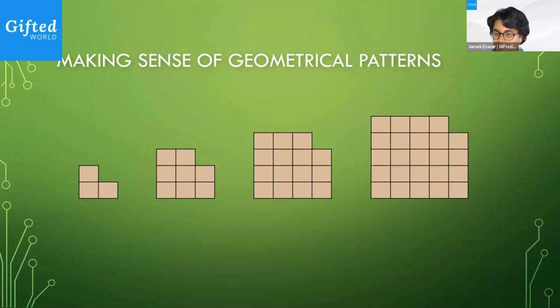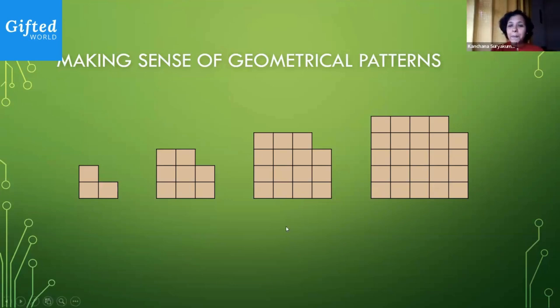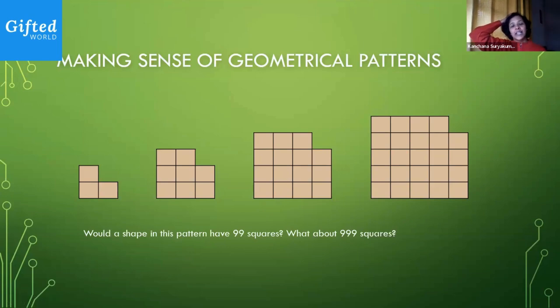So Kanchana, the response is square minus 1, or x into x minus 1. Very nice. N to the power of 2 minus 1. Okay. It's squared, like, minus 1. Very nice. So it looks like a lot of you are familiar with both the languages, right? Okay, so the question for you is, would there be some image in this pattern which could have 99 squares inside it?